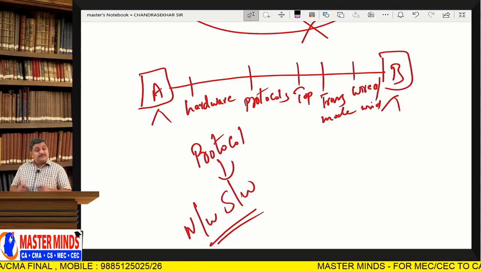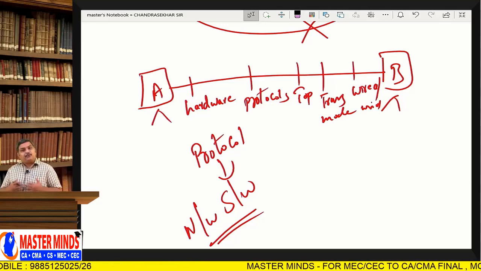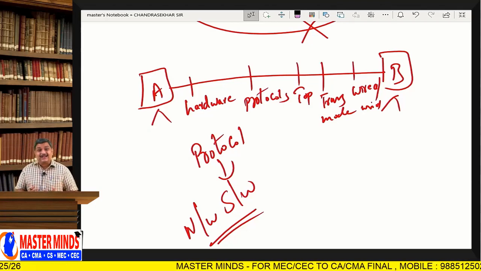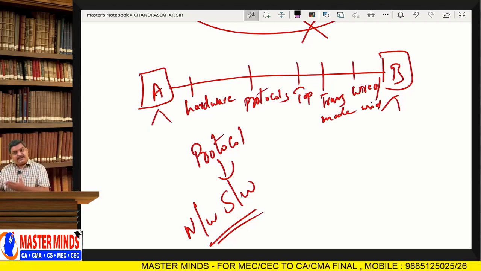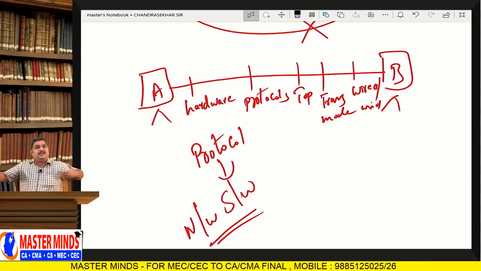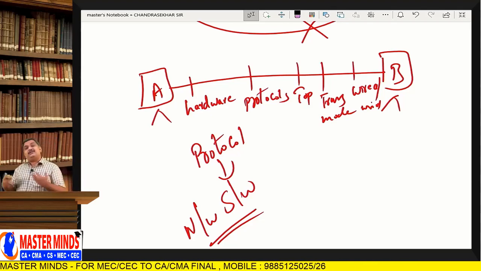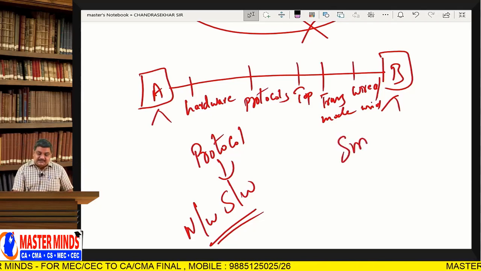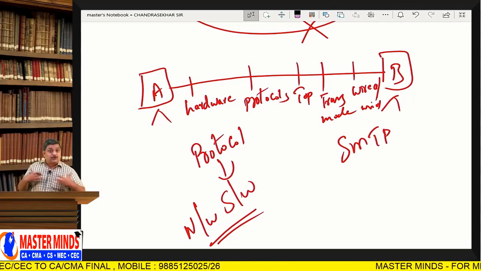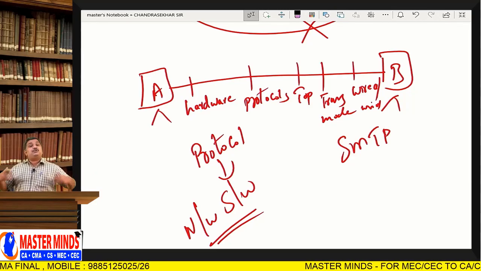So that means we need to write a program. You all know that in computer, for everything we require a program. So we need to write some programs to decide on how to do a particular activity, how to send a mail. For that, you need to write a detailed procedure, a detailed program. And that procedure has to be followed when you send mail to others. That is called SMTP, Simple Mail Transfer Protocol. And what procedure has to be followed when I want to download a particular file into my computer? There should be a procedure.